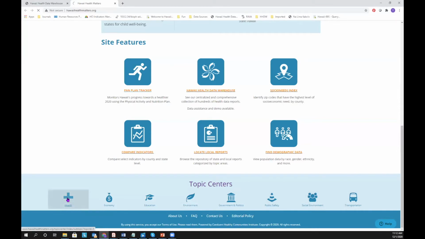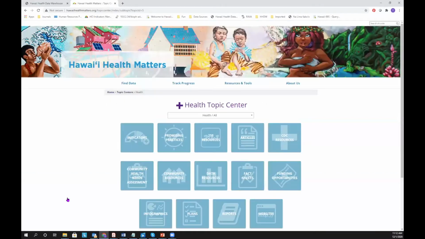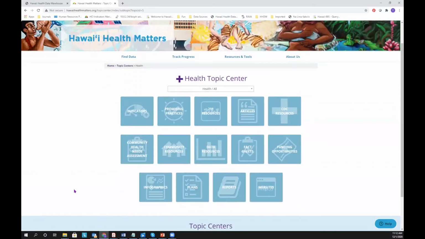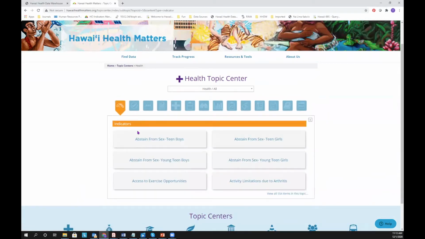If you click on a topic area, you'll come to a page that shows you lots of buttons. So we have indicators, promising practices, 211 resources, articles that we might have, CDC, a whole bunch of different resources regarding health. If we, for example, click here on indicators, it'll give us a list of 6, but tell us here that there are actually 554 different health indicators related to the health topic